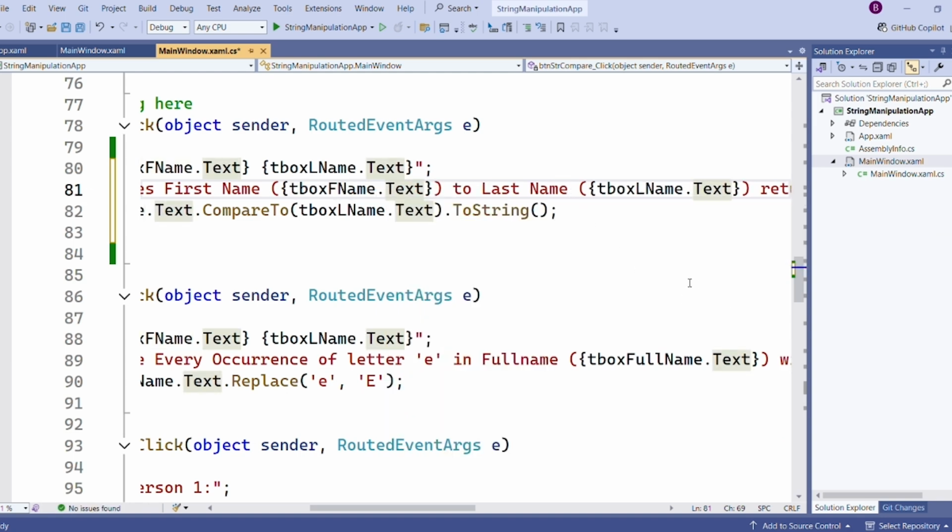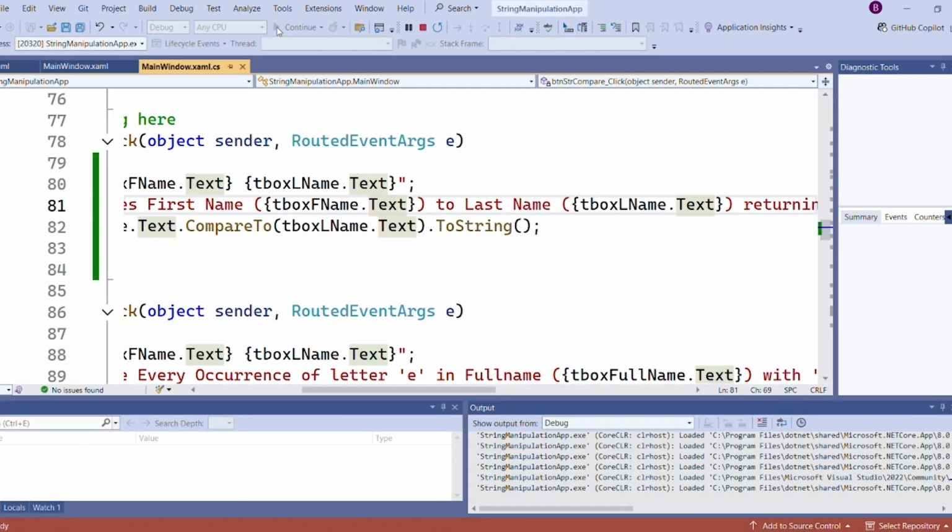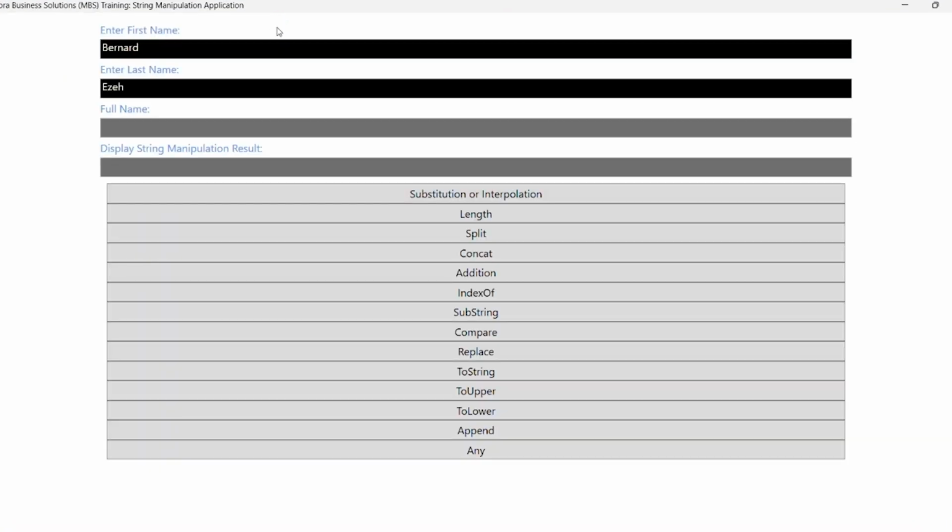And once you have this done, you pretty much are there. So you do this and then you run it. And we expect to have that context now displayed. So if I put Bernard, and let me just say Bernard here, and then when I click on the compare,